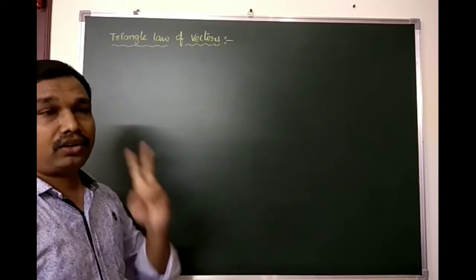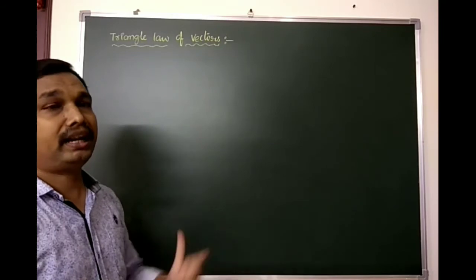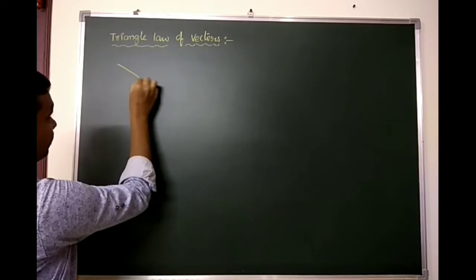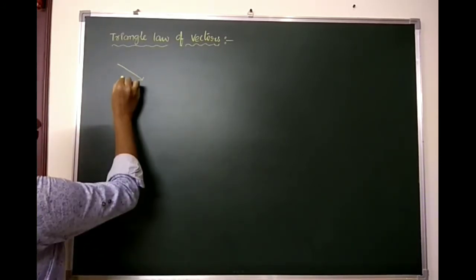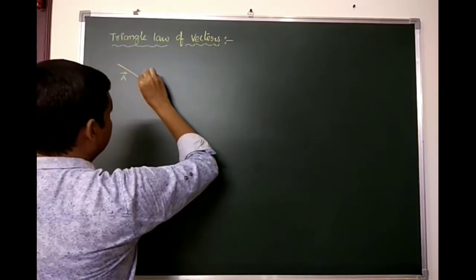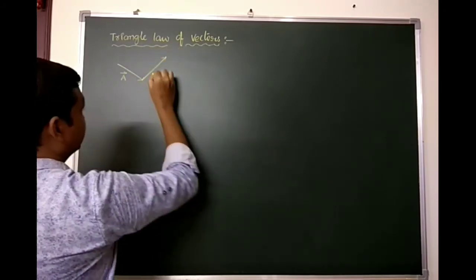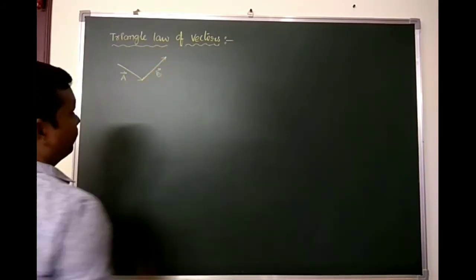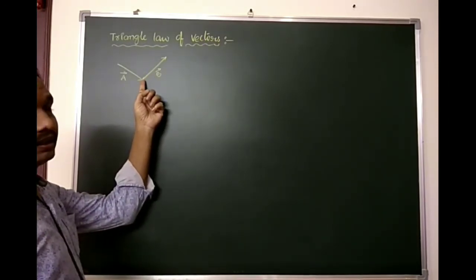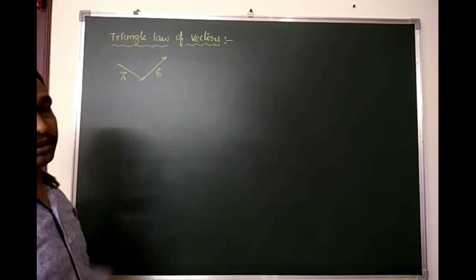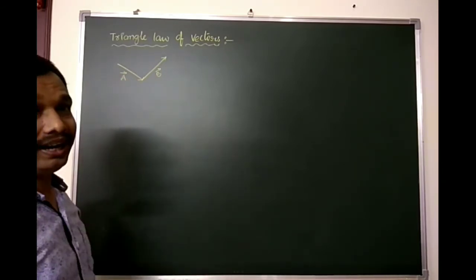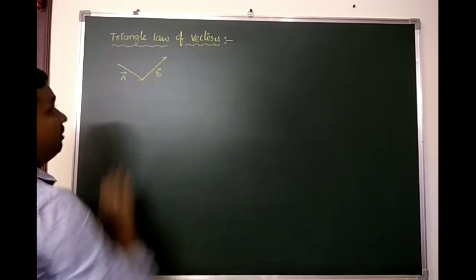Two vectors that are not in the same line are making an angle. How will they be? Consider one vector going like this, here vector a bar, and one more vector going like this. This is the b vector. The second vector's tail is the starting of the first vector's head, that is, the second vector's tail is joining with the first vector's head. And this is the b vector.